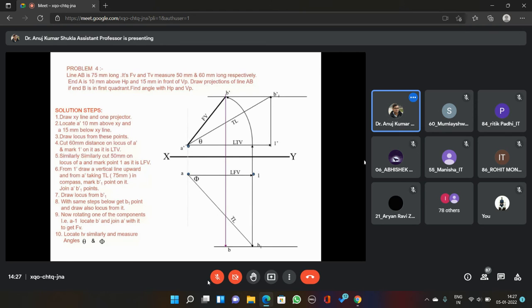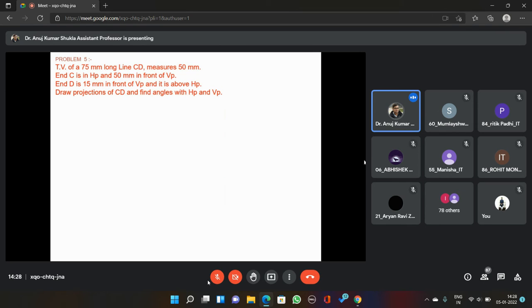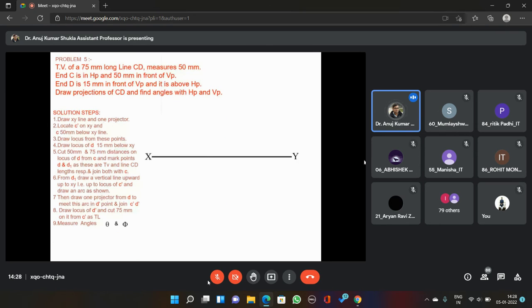The question is the same, but the definition is made so that it represents different quantities to be drawn and different parameters to be found out. So you can see, you follow those 10 parameters, and all your questions will be based on those 10 parameters. Such types of questions will also come in your examination.